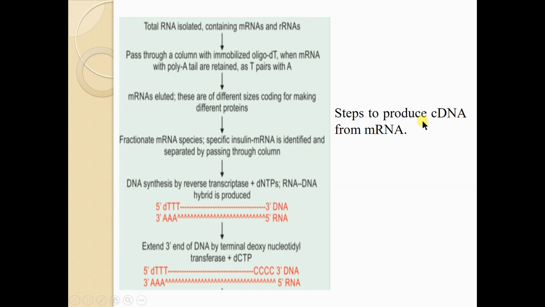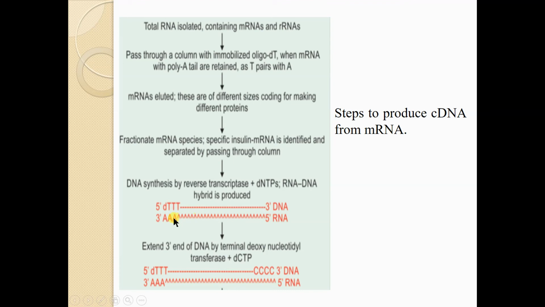So now we have identified our mRNA molecule of interest. Now we want to produce the complementary DNA, because only DNA can be used to produce the chimeric DNA in recombinant DNA technology. Suppose this is the RNA strand in the below line, the insulin mRNA. It already contains the polyadenine molecules at the 3' end and the 7-methyl cap at the 5' end.